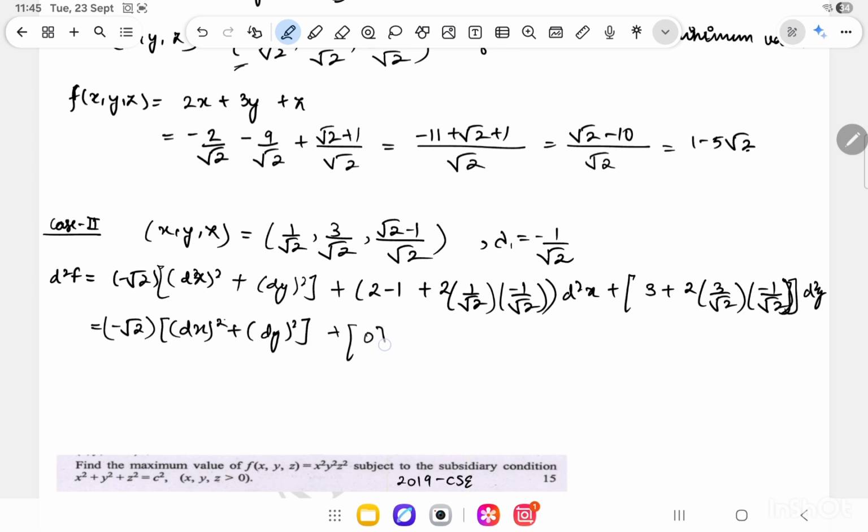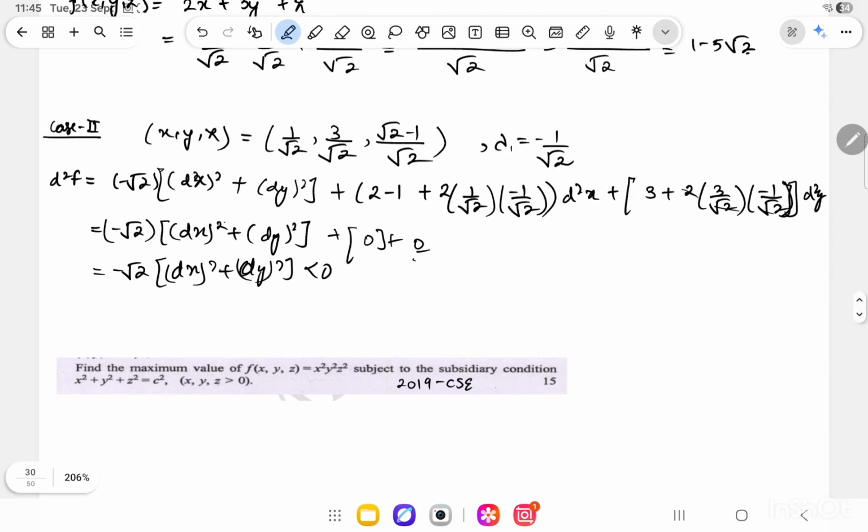So that basically gives you minus root 2 into dx square plus dy square, and from here this basically reduces to 0 and this will also reduce to 0. So I'm left with minus root 2 into dx square plus dy square, which is less than 0. So at this point the function attains a maximum value,